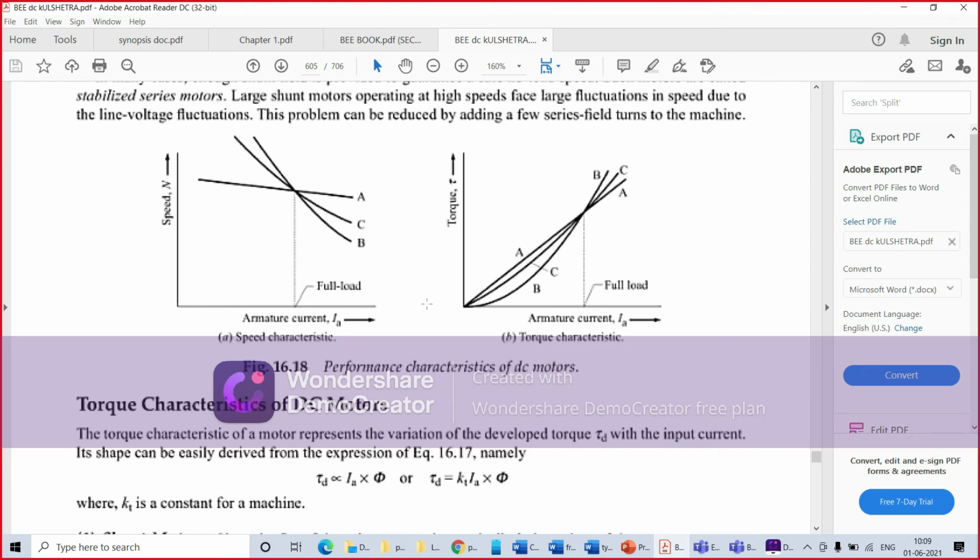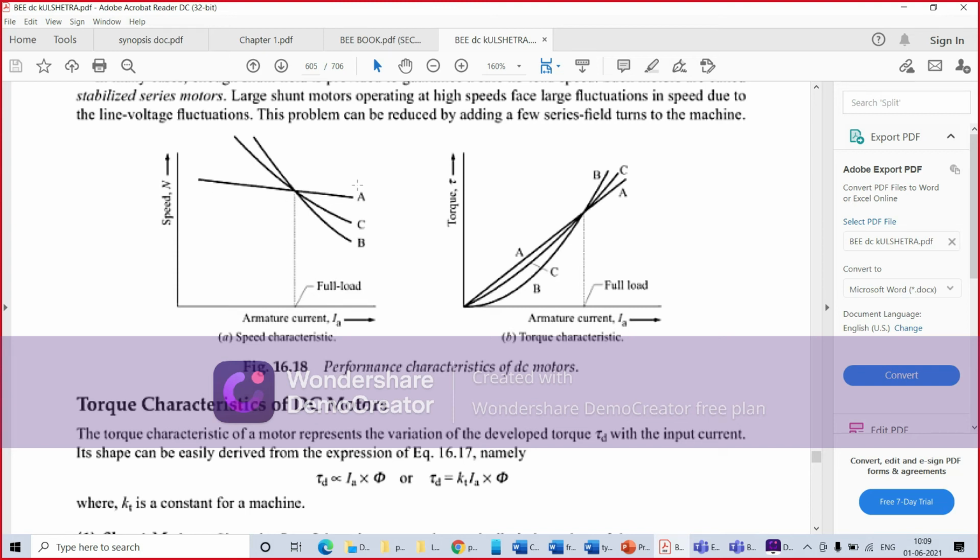Okay, so according to your syllabus you need to see the characteristic of your separately excited DC machine, and it has the same characteristic as that of the shunt DC machine. And what is the reason for that? Because in both cases the winding is supplied through a constant voltage. और ये आपका जो A है, that is representing the characteristic. This A is representing the speed characteristic. So you can see here the speed versus current is eventually like constant.